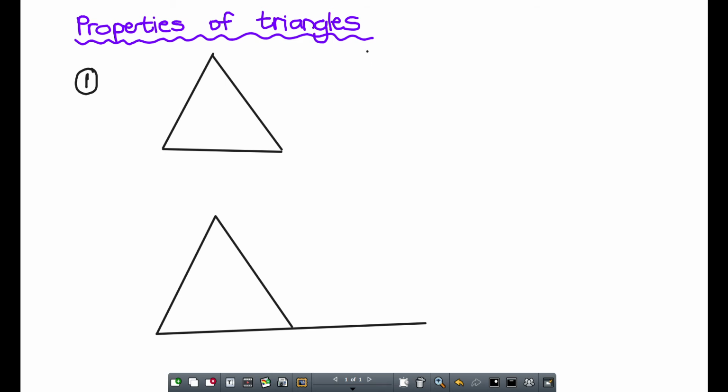So write that out. Sum of interior angles of a triangle is 180 degrees. Okay. So are you fine with that? Yes, ma'am. Okay. So to give you an example, it must be angle A